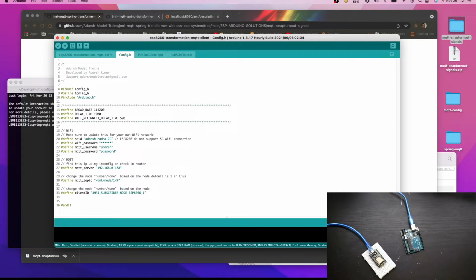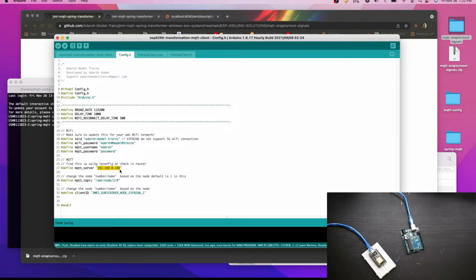Second thing we have to do is change the username and password. Based on your username and password you can do this. This is the MQTT username and MQTT password; I already showed how we can configure MQTT, username, password and all.